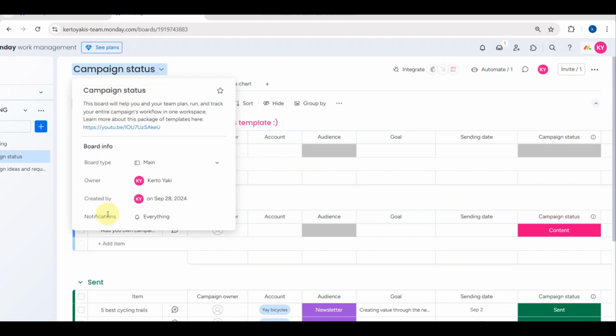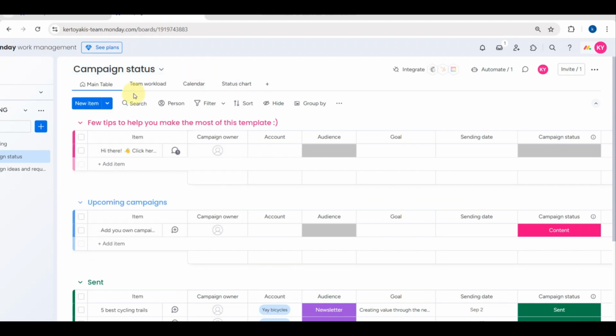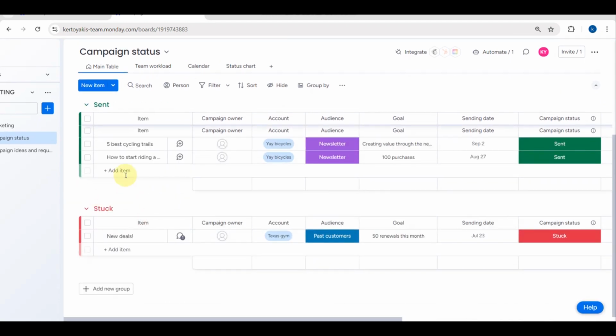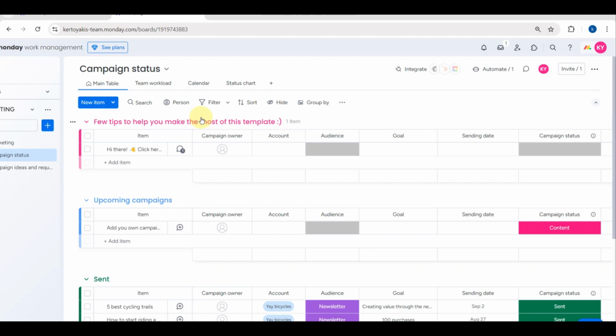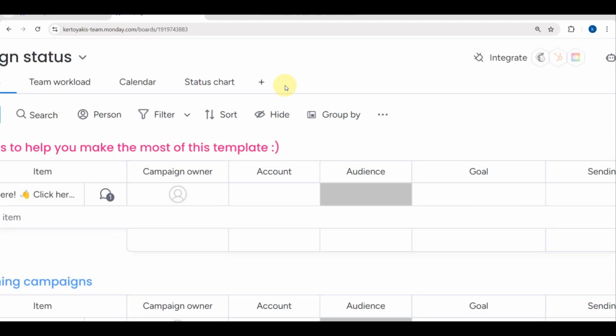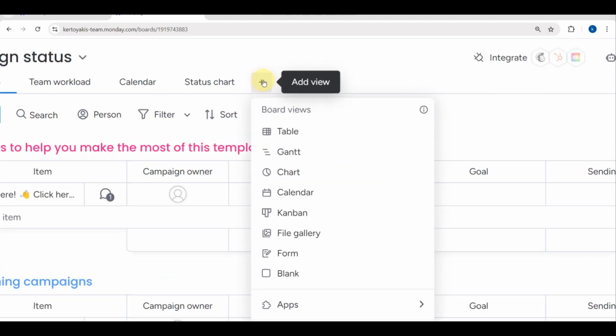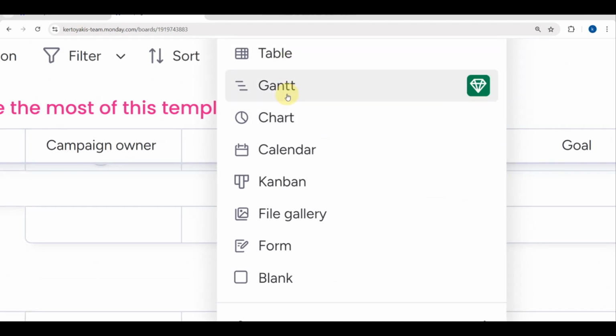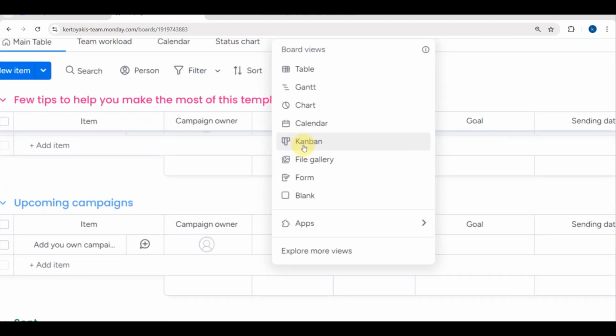Right now you can change this name or edit the description. On this part, we are going to scroll down and see some of the tasks. Here are the types of views on this button. You can add another view here. As you can see, there's the table, the Gantt, the chart, the calendar, the Kanban, the file gallery, the form,